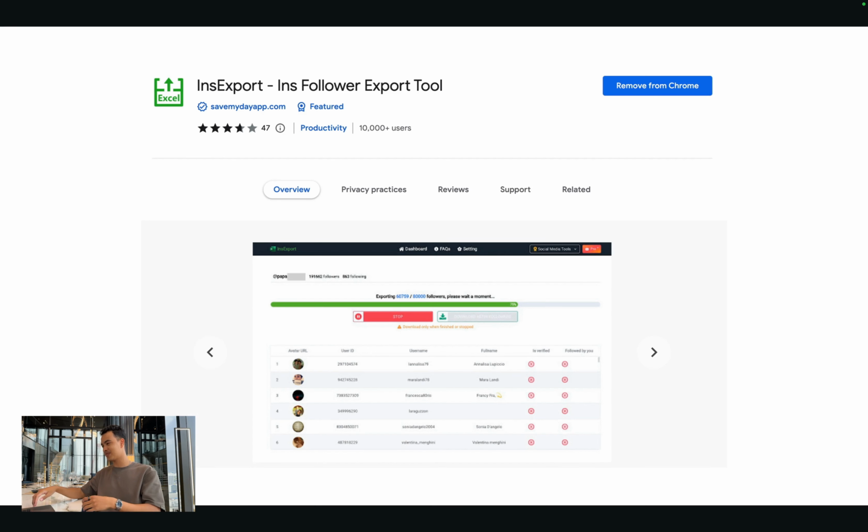Easy, right? This is the tool. I'm going to leave the link to this below. They do have a free plan. It's called INS Export. It enables you to download 80,000 followers if you pay $20 a month, right? I'm going to break down the math about how crazy that is in a second. But even on the free plan, you'll be able to download, I think, maybe 5,000 to 10,000 followers.